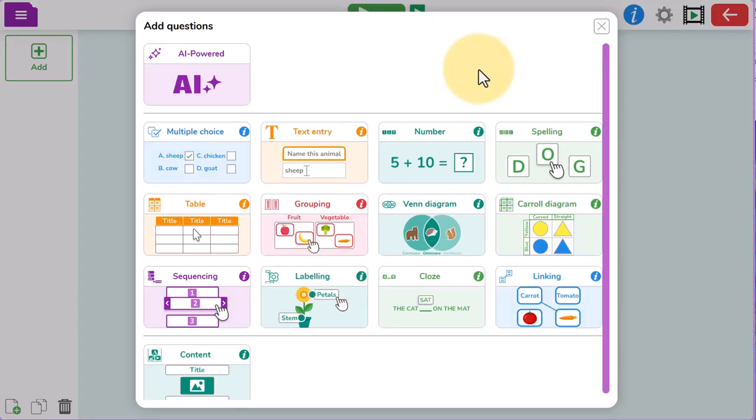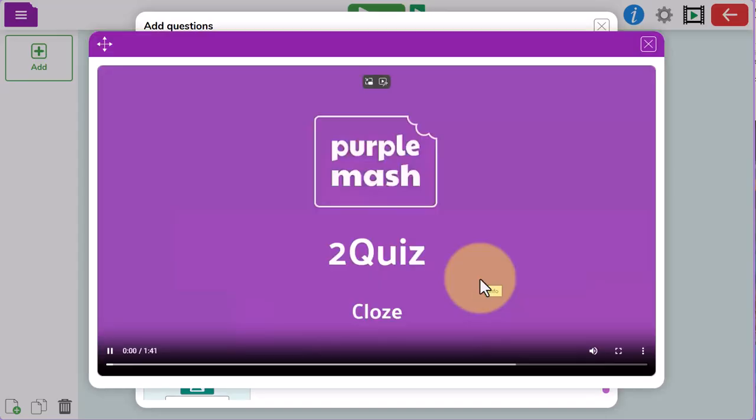When you open 2Quiz, a dialog box will appear with options for question types, including the option to create a series of questions using the AI-powered add-on. From this screen, you can see the types of questions that are available: multiple choice, text entry, number and spelling questions, table questions, grouping and Venn diagram, Carroll diagram, sequencing, labeling, cloze and linking questions. If you want to know more about a certain question type, you can click on the information symbol in the top right hand corner of that box and it will then take you through to a short video